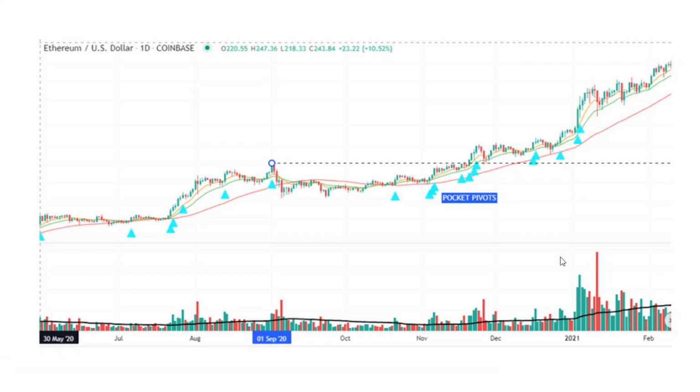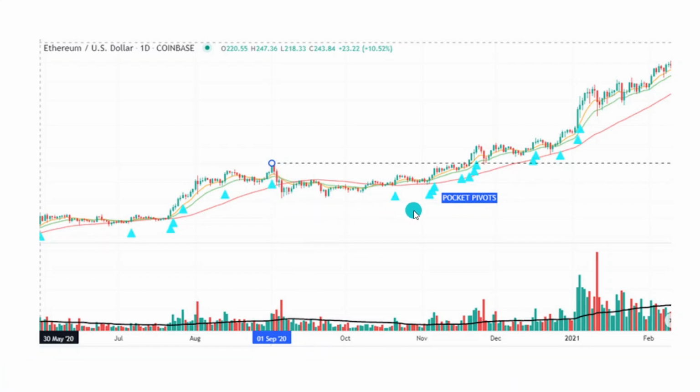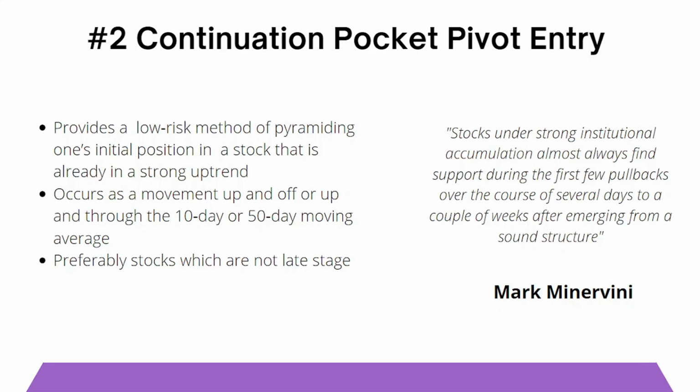So next, we have an example from the crypto space. This was sometime around September 2020. Ethereum started forming a really nice base, a shallow base, and you can see that towards the right-hand side of the base, there are clear footprints of institutional buying. You could have looked to add some initial pilot positions around this level, and then maybe buy more at this breakout level. After this breakout, there was a quick retest that happened, and then Ethereum has now moved to new highs. Continuation pocket pivots help you find entries to pyramid your winning positions.